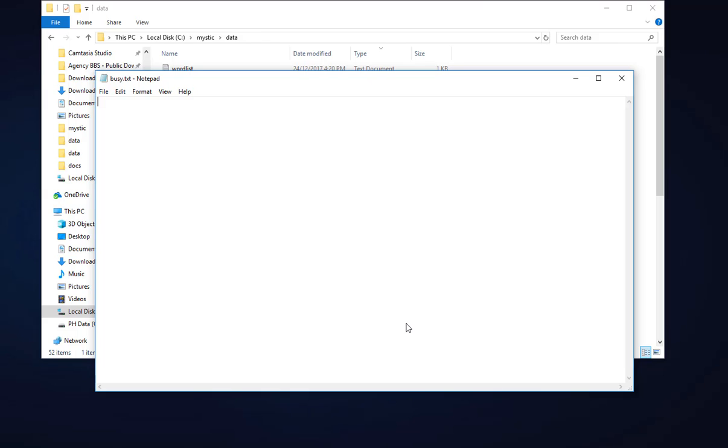Now if you don't have this, it just simply prints busy on their terminal and disconnects them,